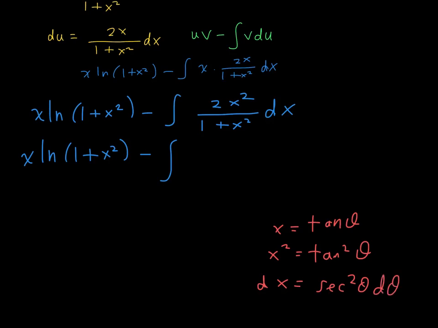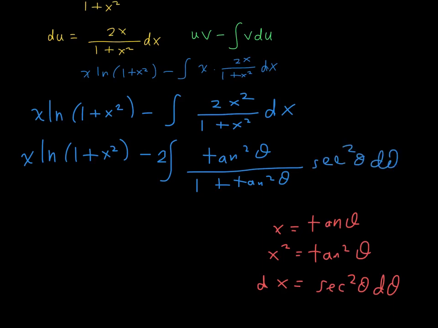So with this substitution, I'm going to actually pull out the 2, okay, folks? The 2 that's in the numerator. And that way in the numerator, you just have x squared, which is tangent squared of theta, over 1 plus x squared, which is 1 plus tangent squared of theta, and then dx is secant squared of theta,